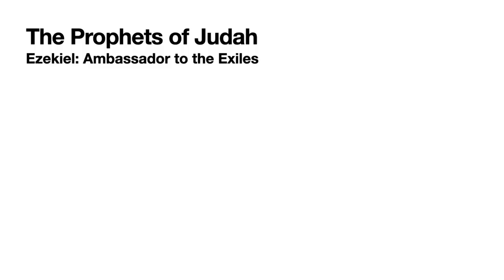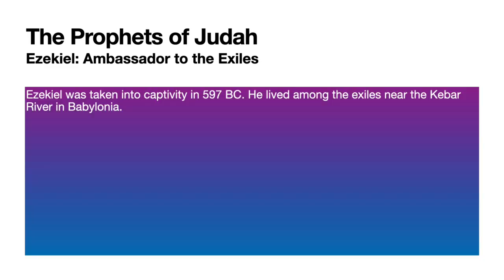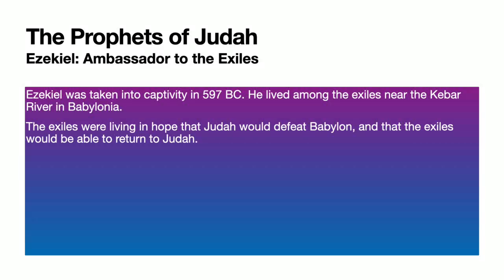The next prophet we'll look at is Ezekiel. I consider Ezekiel to be the ambassador to the exiles. So Ezekiel was taken into Babylonian captivity in 597, and he lived among the exiles near the Kebar River in Babylonia. And the exiles there for a time were kind of holding out hope that Judah would somehow prevail against the Babylonian Empire, defeat Babylon,